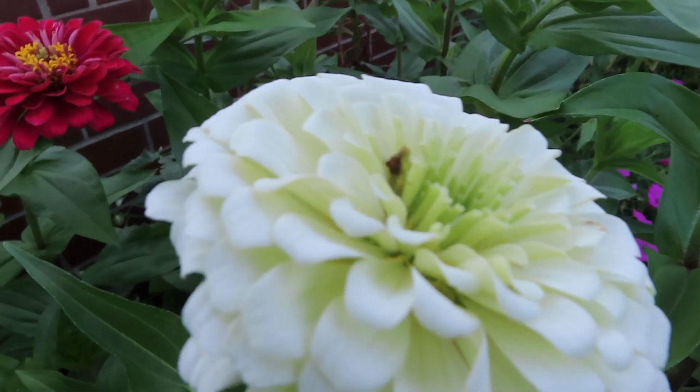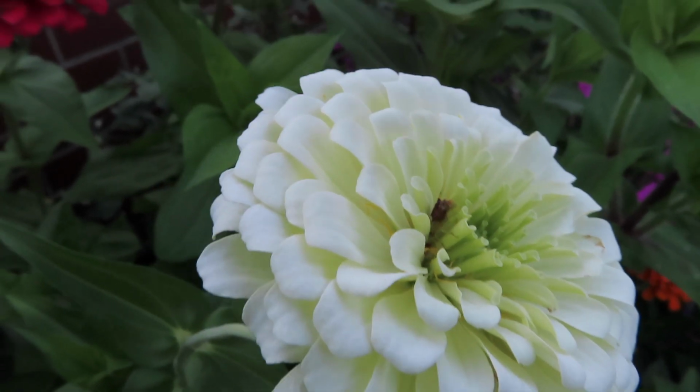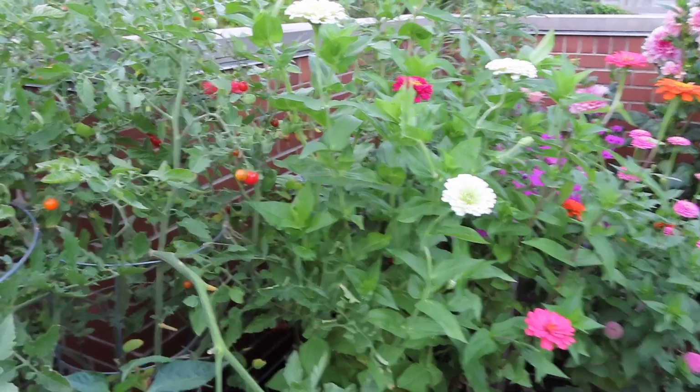Ooh, also, this little weird bug. I don't know if you can even really see that in the light, but I've seen a few of these. I don't know what it is. So let me know if you do. Now on this side,